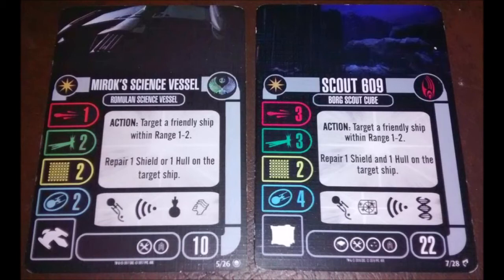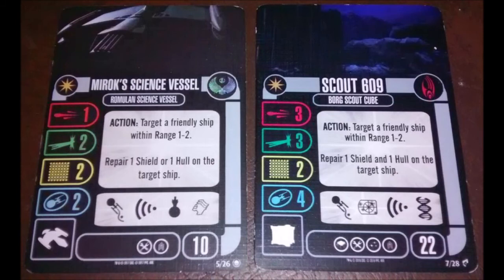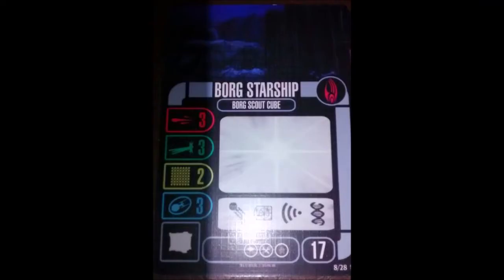where this thing gets really good, is its slot loadout. Whereas on the science vessel you have a crew and a tech, and if you go generic you lose the tech, which is kind of silly because it's a science vessel, you think it would keep the tech. On this you have a crew, weapon, tech, and Borg upgrade. If you go generic for 17 points, you just lose the weapon. But